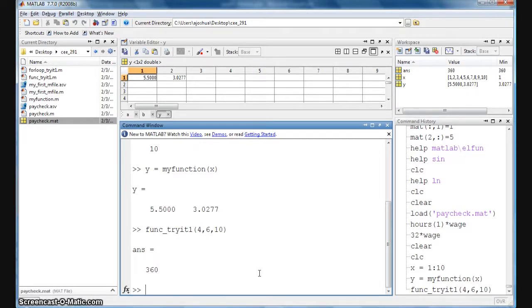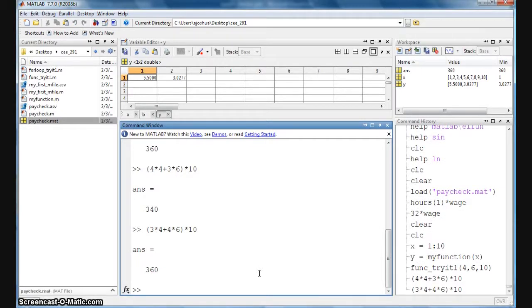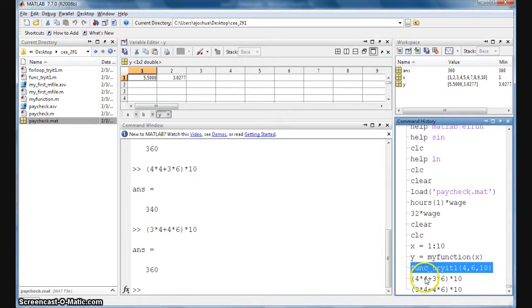360. So we can just check: 3 times 4 plus 4 times 6, all times 10, should be the same value. Oops, I must have done something wrong. 3 times 4 plus 4 times 6, all times 10. 360. Okay? And we can even go over to our command history, copy this command, paste it,